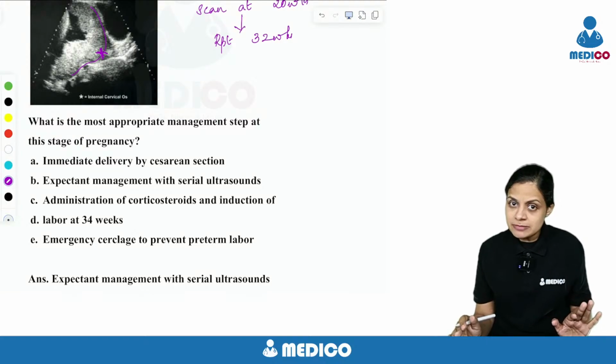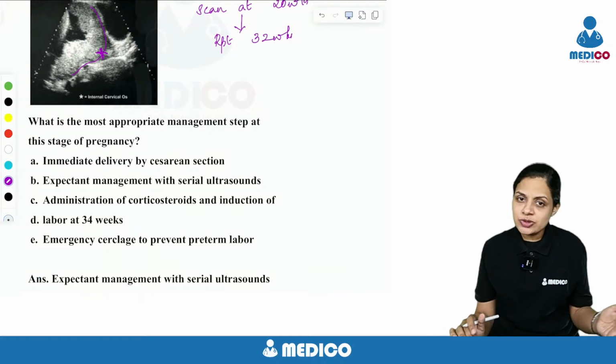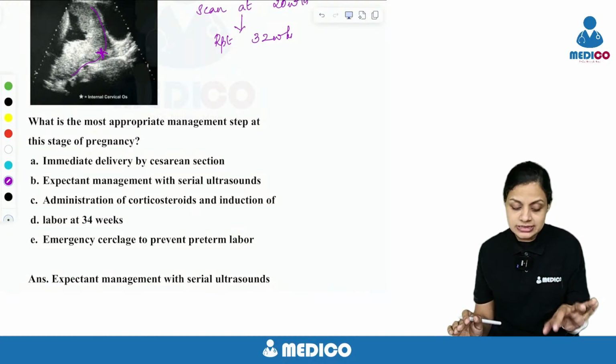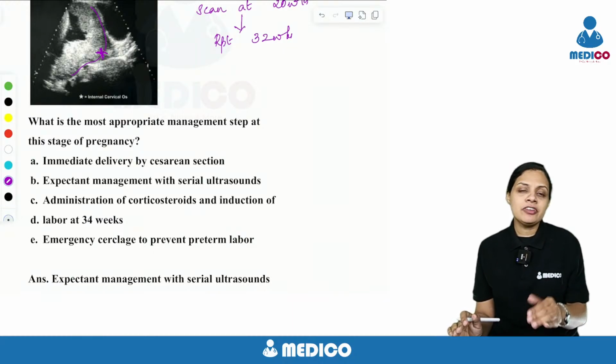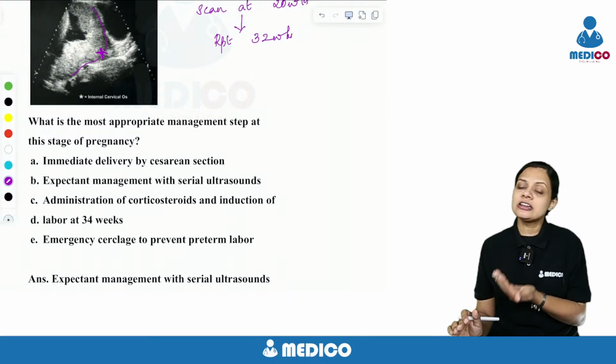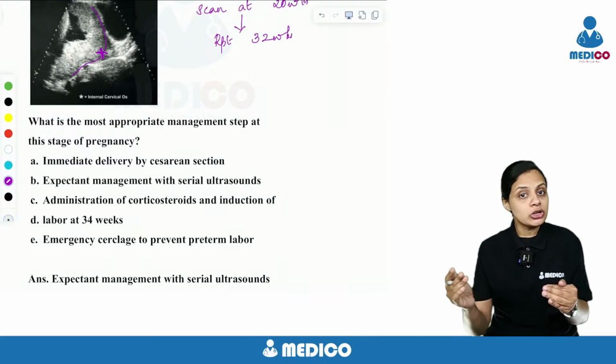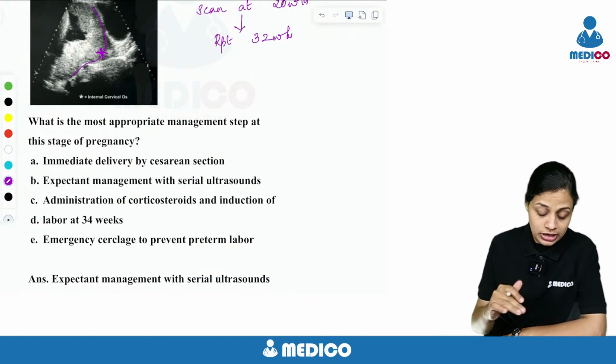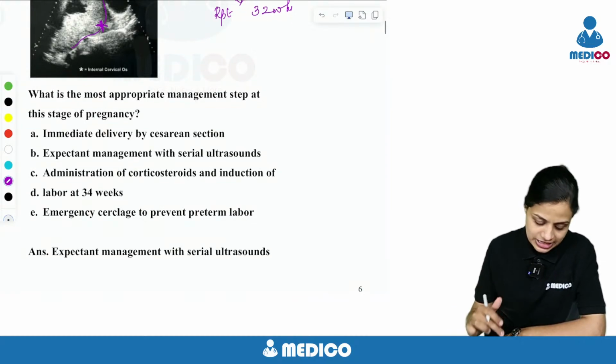Again, it is a placenta previa. You can repeat another one at 36 weeks. You'll confirm your placenta previa. In this case, where there is a complete placenta previa, where the placenta is entirely covering the internal os, there is no other option but to go for a cesarean section. That is your final management. Okay, we'll come to the final management in a later question.